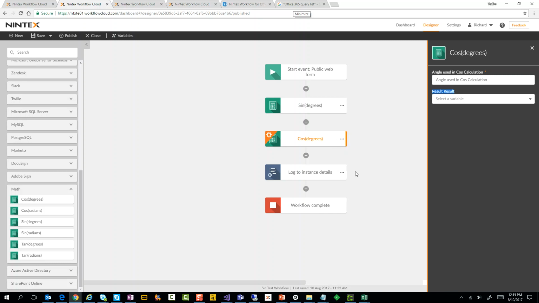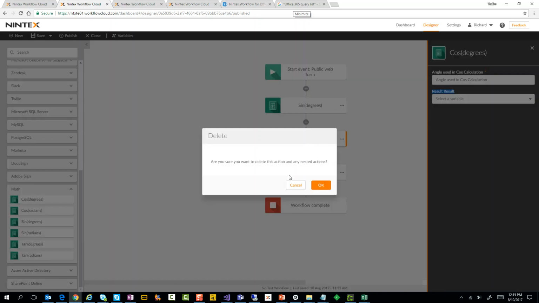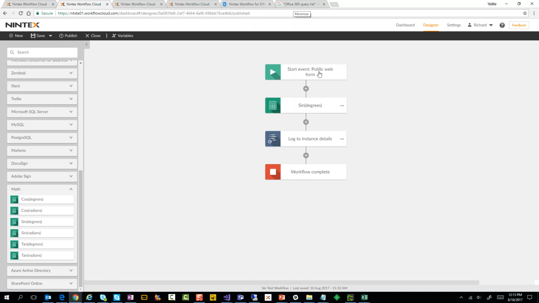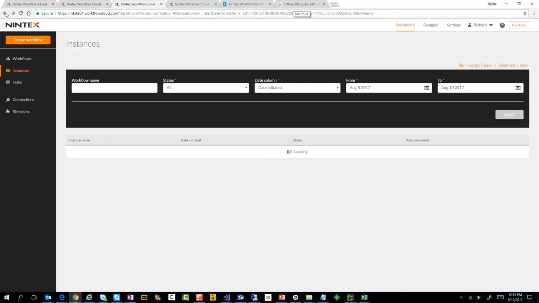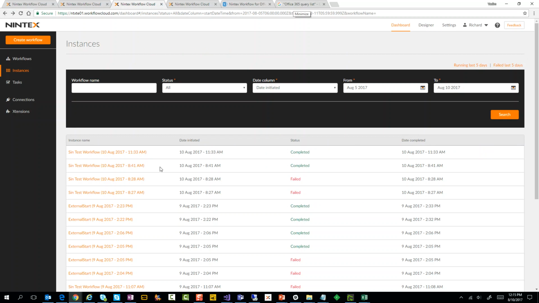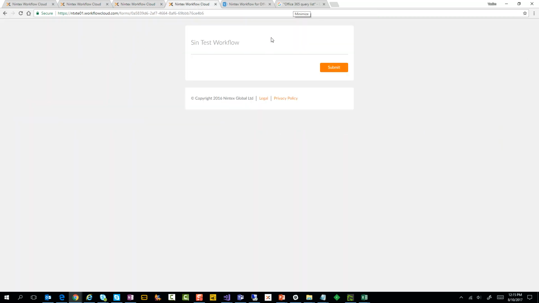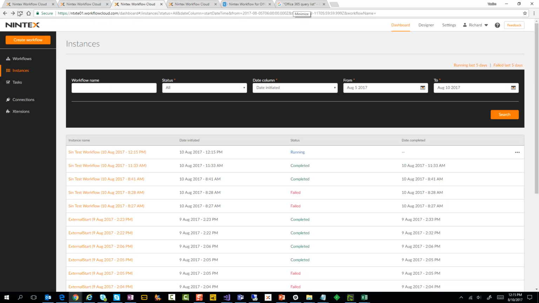All this works. Now, what I've done in this case is made this a public web form, right? So if I go over here, let's actually go back one. This is going to be all my workflow instances. So the last one was 11:33 a.m. Here's my form. I have nothing on the form, so it's just purely for testing. I'm going to click on submit. This is going to go and kick off an instance of that workflow. Let's refresh. We should have a workflow running right there, 11:15. Perfect. It's in a running state. If I click refresh,